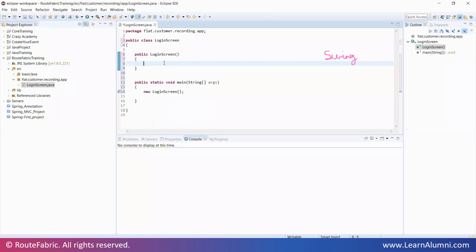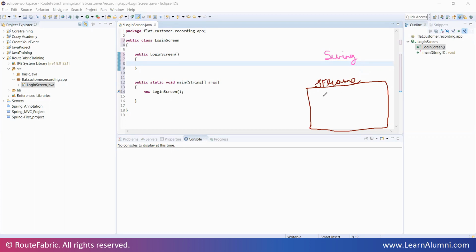Okay, so in this, there are certain things that we will be using. I'll first explain what things we will be needing, and then we go ahead. For creating a screen, we need a frame, right? So first of all, we need a frame of whatever size you want. For that, we use JFrame inside Swing.